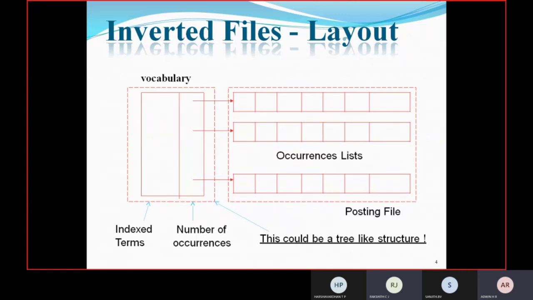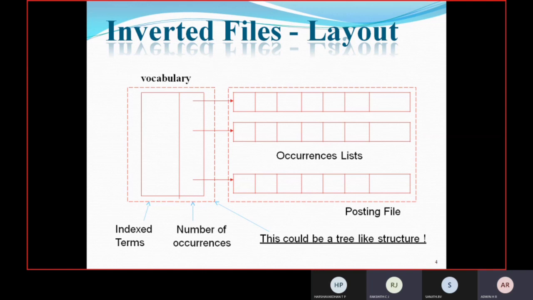Each document has many words. Each is taken in the form of a term and referred to in the indexed term column. The number of times these terms are repeated is called the frequency, and this frequency number is written in the column known as number of occurrences. There are many words which are repeated in many of the documents. So we specify the document ID, that is, which term is taken from which document, and we write it in the box. Those are maintained in the form of a list. Those lists are known as occurrence lists. All together they are called posting files.